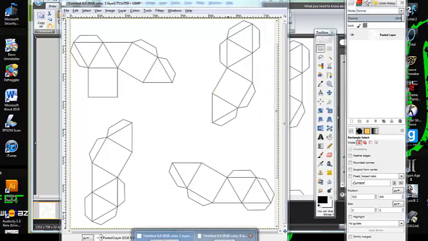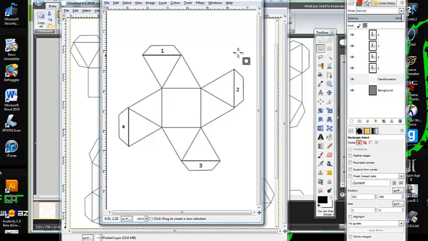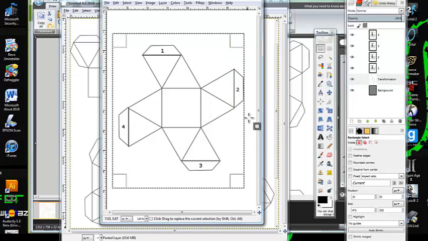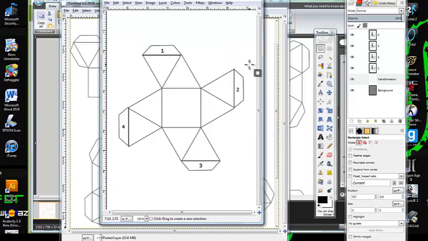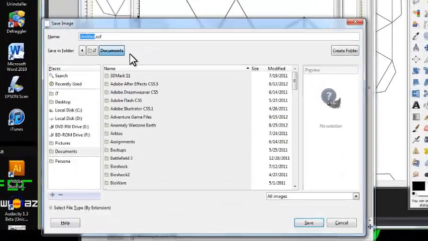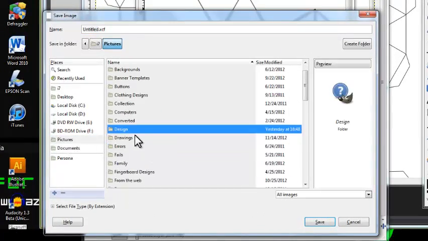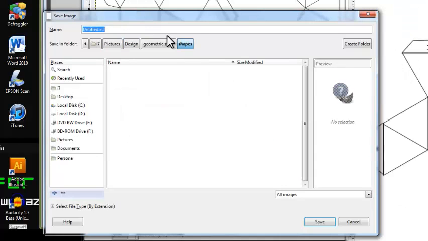Okay, so let's go back, and as you can see, it looks really good. Now we need to save it. Control S, and save it anywhere on your desktop. But for now, I'm just gonna save it in design and name it as core part,